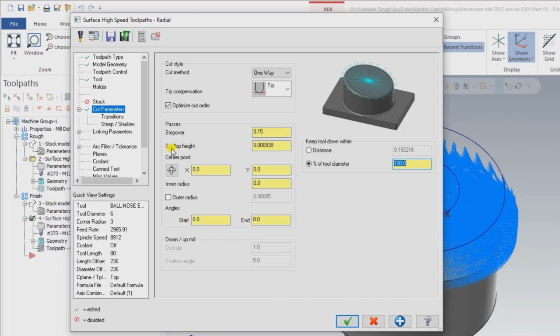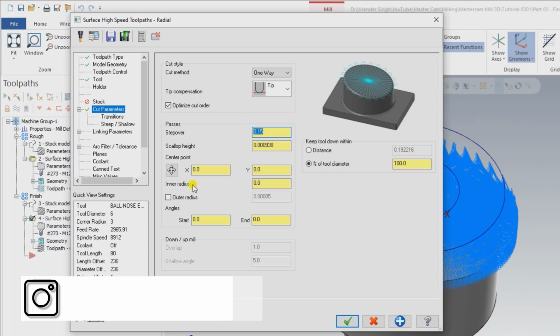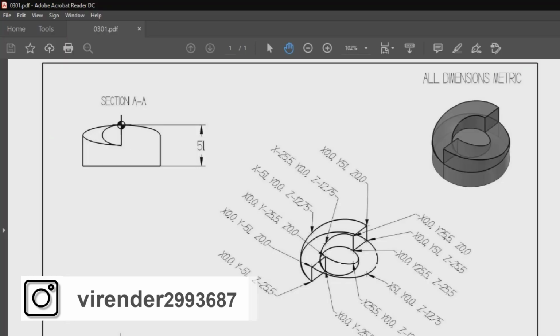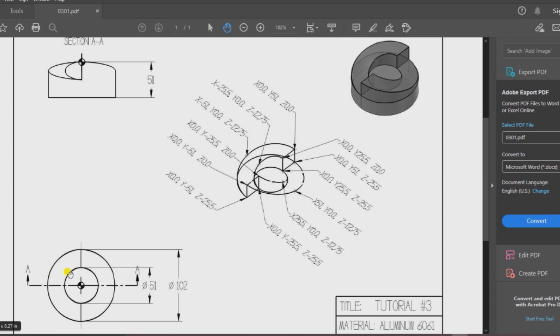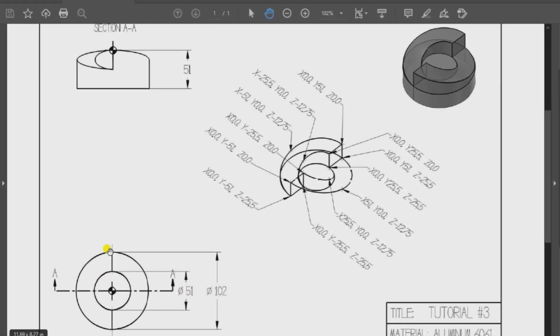Then the next step is scallop height, which should be automatically calculated from the step over value. Then the next step is to define my inner diameter. So what is my inner diameter? To define it, I have to show the drawing. As you can see in the drawing, my inner diameter is 51 mm and my outer diameter is 102